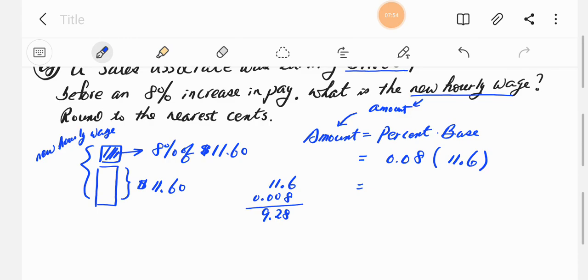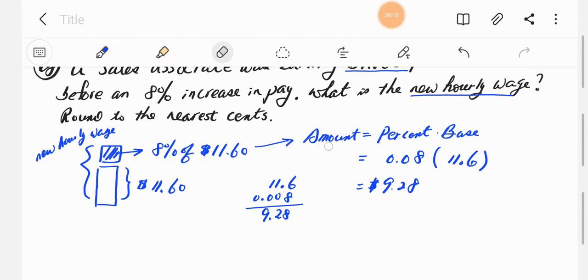Oh, sorry. So 9.28. So $9.28. I am really sorry. So 8% of 11.6. 8% of 11.6 is